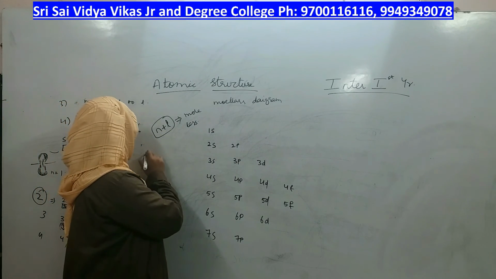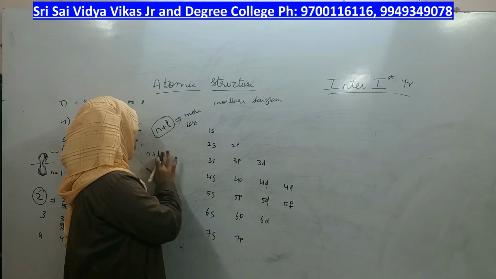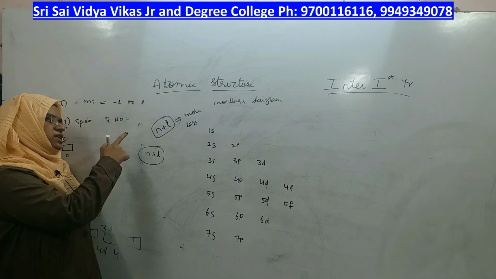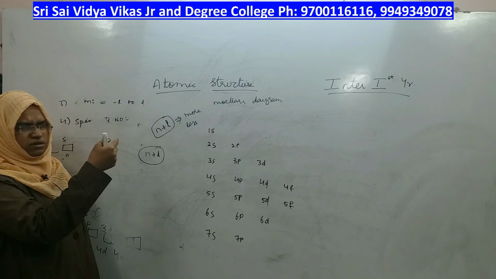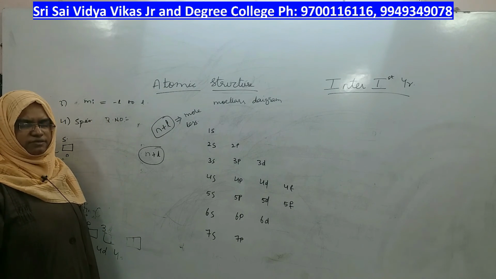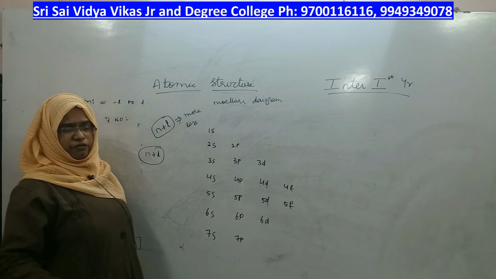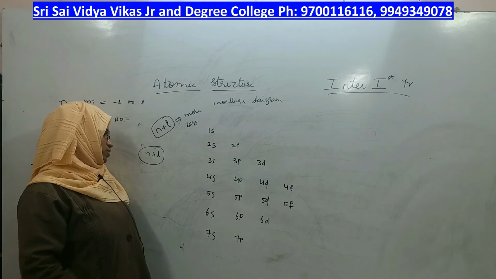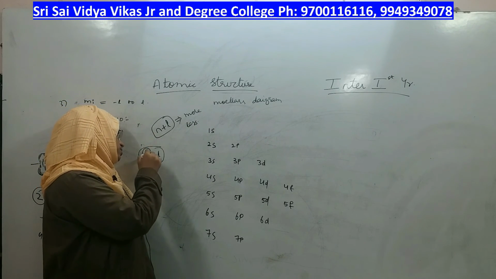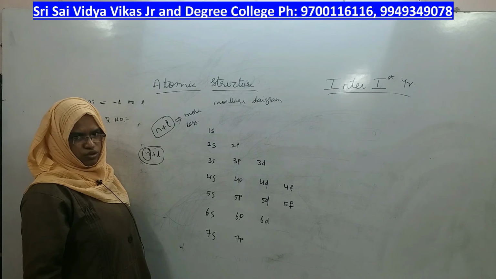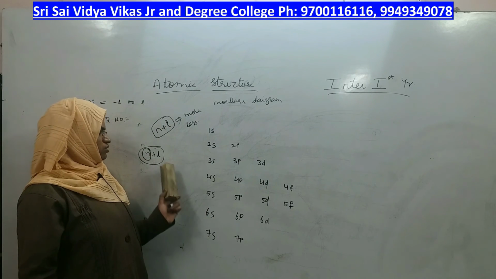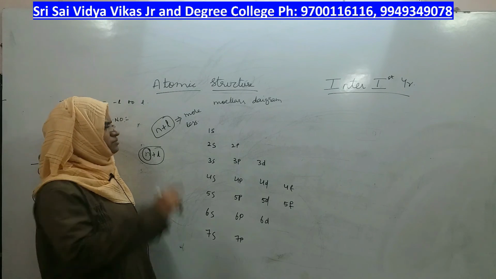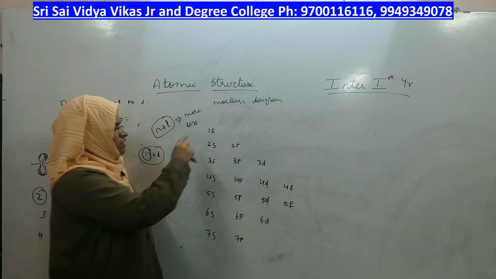If n plus L value is the same for 2 orbitals, by following the n plus L rule, you can easily decide who has the more value, there the electron should go, and where it has less value, the electron should not go. If n plus L value for 2 such orbitals is the same, then what should you do? You should see whose n value is more, and that one should be preferred, and whose n value is less, should not be preferred. Okay. So now let us apply all the rules and first see.